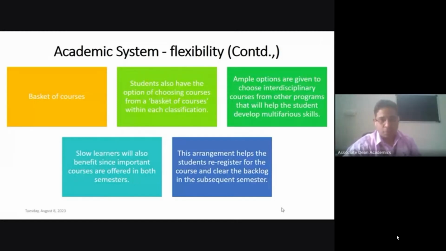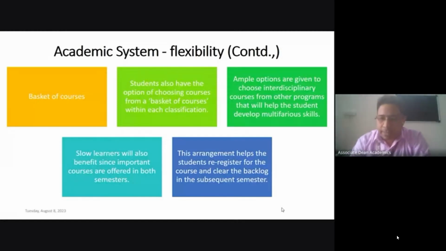You have to decide whether you are capable enough, or find it convenient, to study all the courses offered in that particular semester by the program chair. If so, you can go with that. Otherwise you can drop some courses and register for the same courses in subsequent semesters. But the overall credit limit will always be the criterion, both the minimum limit and the maximum limit. The minimum should not be violated, and the maximum limit should also not be violated.